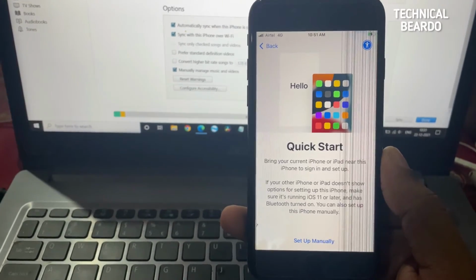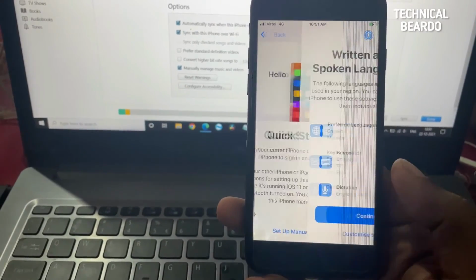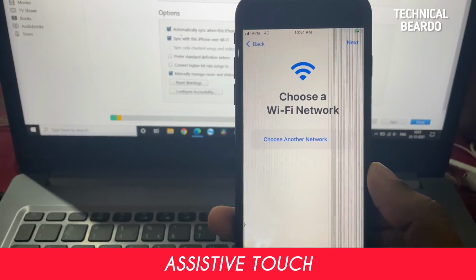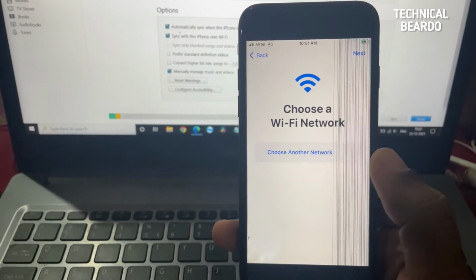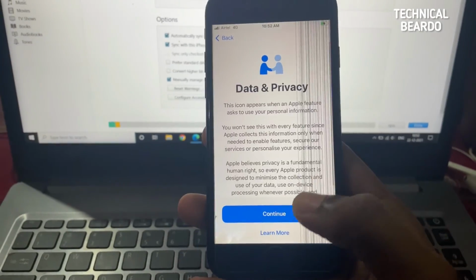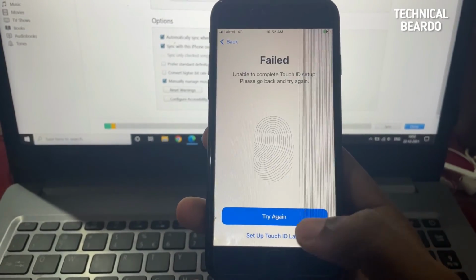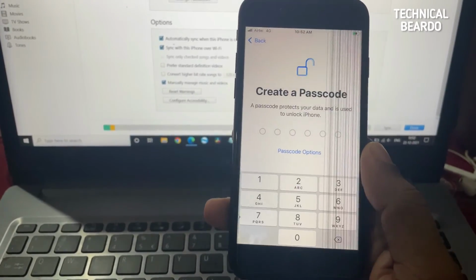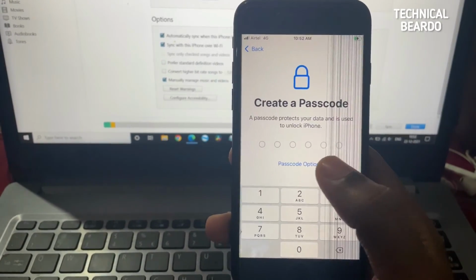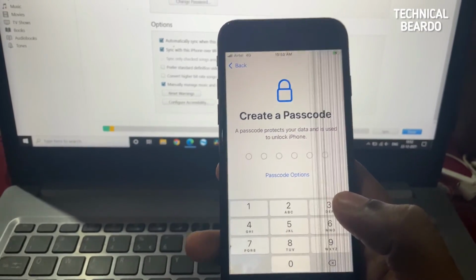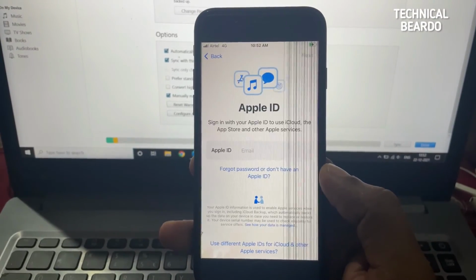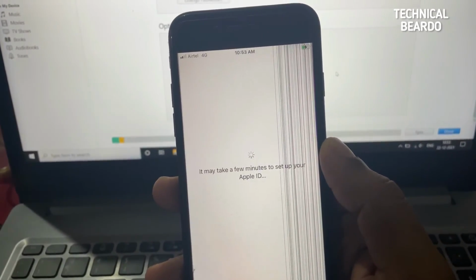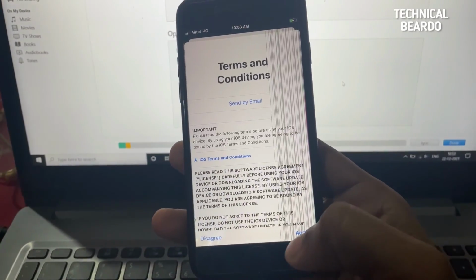Once you complete your iPhone setup, the first thing you must do is go to settings and turn on your accessibility shortcut, because it will act as your home button on your iPhone. Once you lock your iPhone, you won't get it back, because to unlock your device we also require pressing the home button, right? So make sure that in your settings you enable your accessibility shortcut on your iPhone. From here onwards it's just a completely normal iPhone setup which you can do.